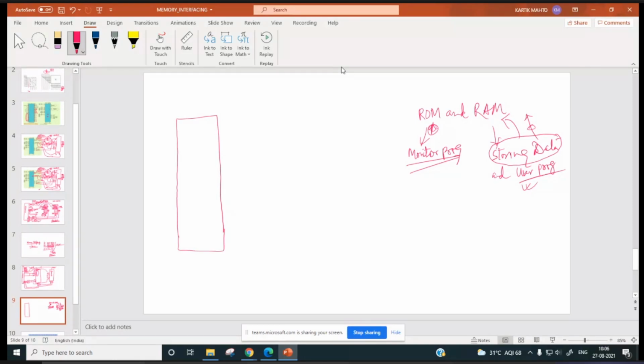So ROM will be there, RAM will be there, and both will be connected to the processor like this. This is 8085.